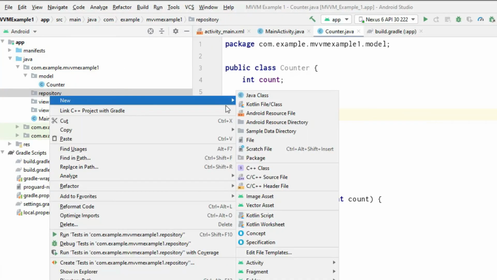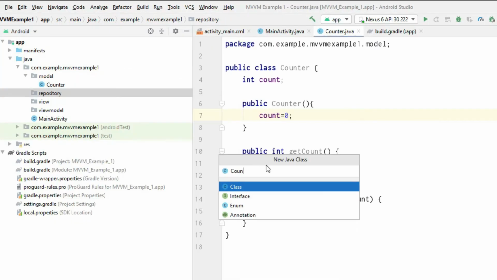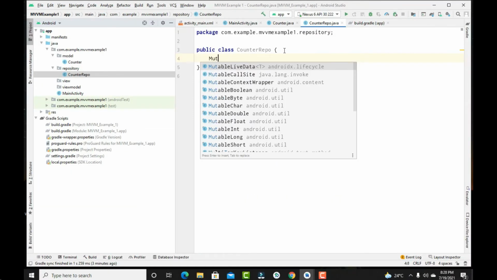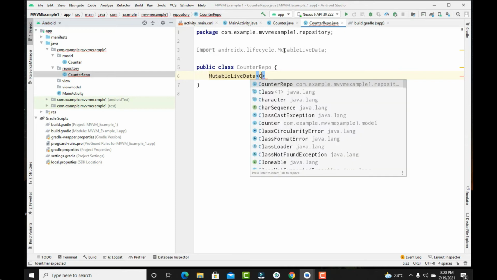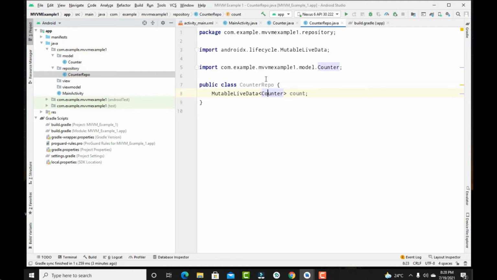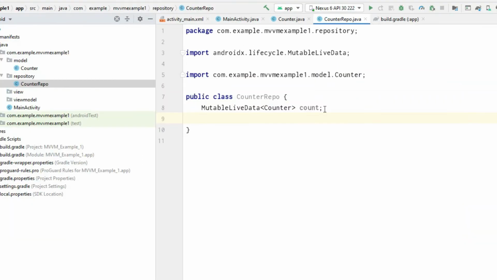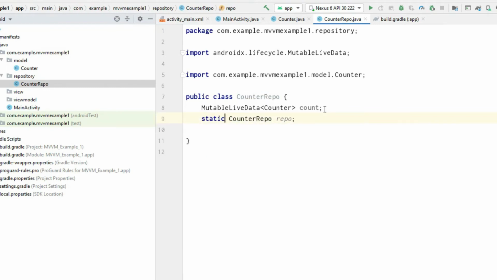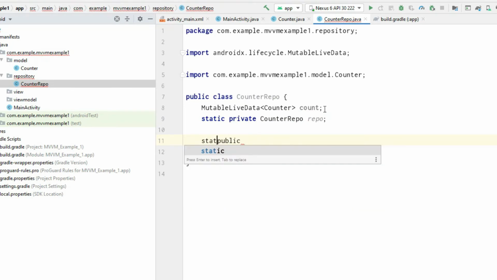In repository, we will create a class named CounterRepo, which will have two attributes. One is a MutableLiveData of type Counter, named count, and the other is a static variable of type CounterRepo, which will be used to get one instance of this class.